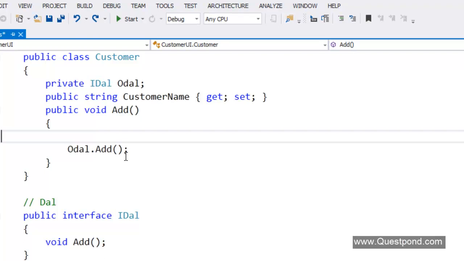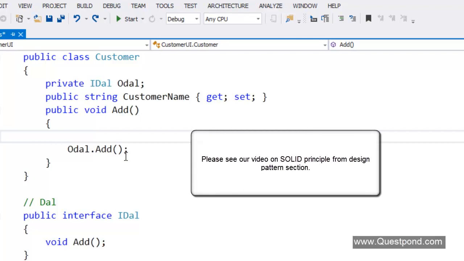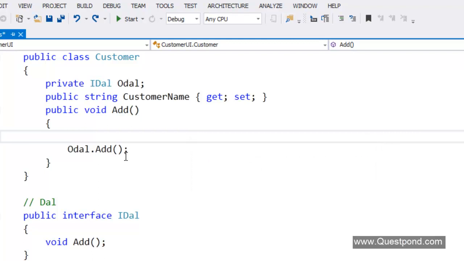So if you think from the customer class point of view, he has become selfish. He says that I will do just my work. That means he's trying to follow the SOLID principle, the single responsibility principle, saying that I will do only one responsibility, that is business logic and validations. I'm not the guy who will decide the data access layer, SQL Server data access layer, or Oracle data access layer. That has to be taken care of by someone, right?